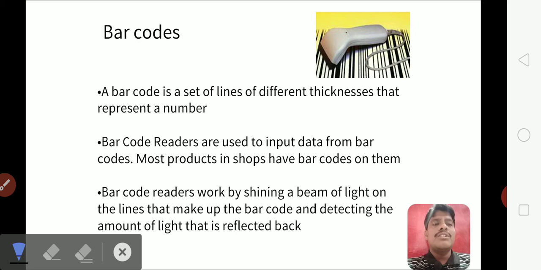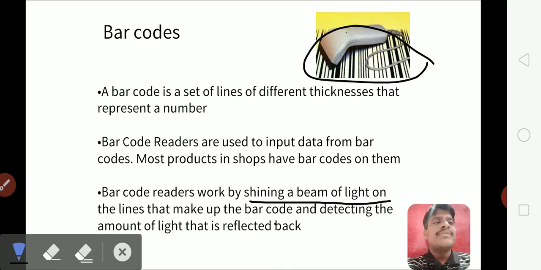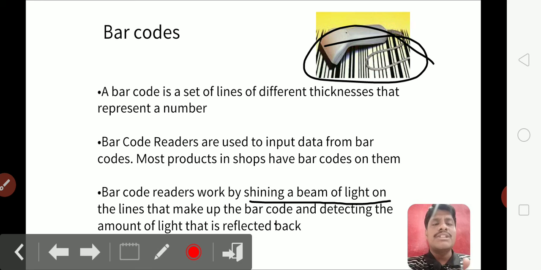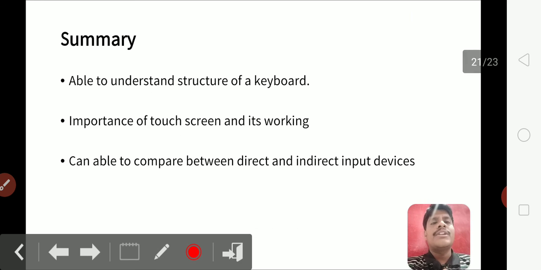The barcode reader works by shining a beam of light on the lines, which reflect the light. Based upon the total amount of light reflected back, information about the object is sensed, displayed on the monitor screen, or later printed on paper.